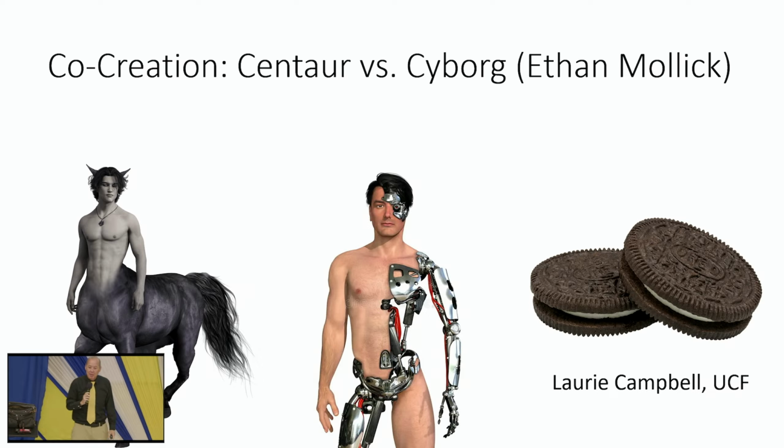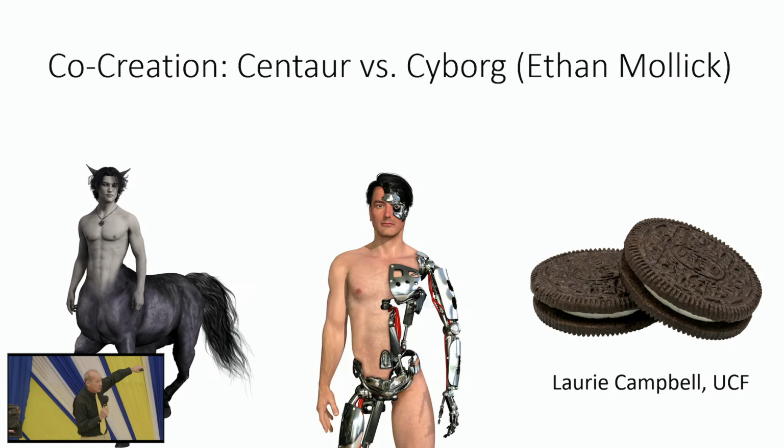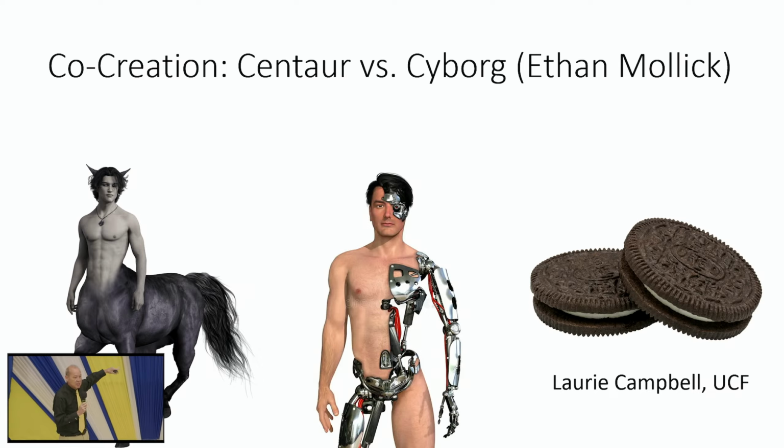So brainstorming would be something that Ethan would say we should do in the cyborg model, me and the AI, maybe back and forth. If you remember from this morning, I said that I prefer brainstorming to happen in a certain order. I'm just going to test you. Which one goes first? Humans, yes. Because if the AI goes first, its answer looks so complete that it's hard to come up with something brand new. But we've had someone on our campus also try to call this the sandwich model or the Oreo model, where it's like AI, human, and then AI, or human, AI, and then human. Just a bunch of back and forth.